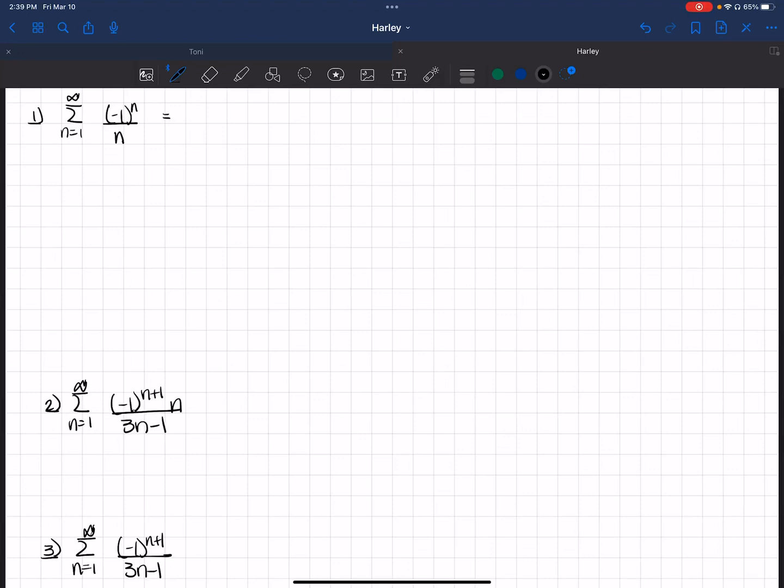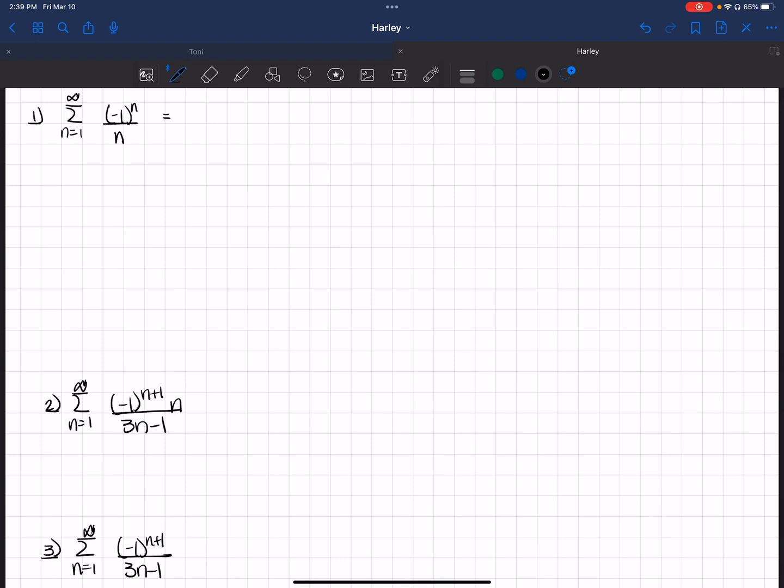Okay, so we're going to start off with the homework over the alternating series where we determine if it is absolutely convergent, conditionally convergent, or divergent. Okay, let me find that picture of your homework paper there. I think this is it. Yeah, there we go. Okay, and so question 1, it says determine if the following converge absolutely, converge conditionally, or